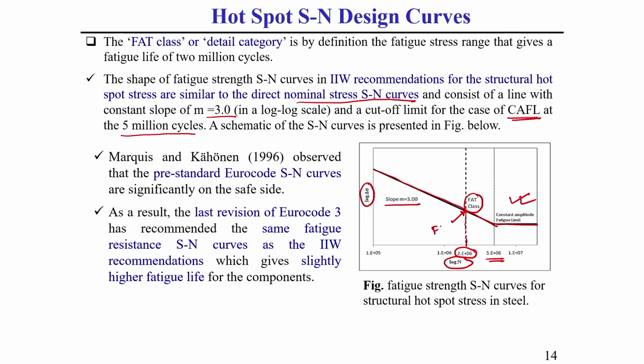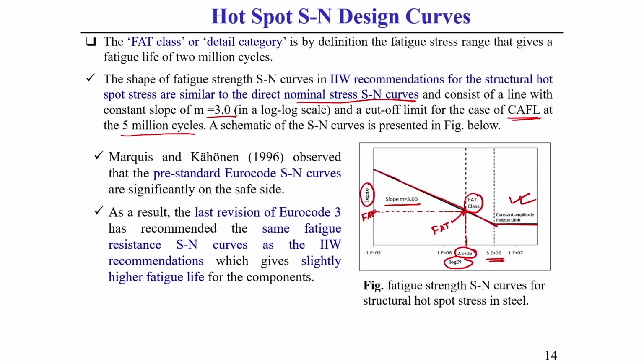What I am saying is, when that earlier equation 10, whatever we have shown at that location, whatever the stress value at 2 into 10 to the power 6 cycles we got, that is generally called the FAT stress, the FAT value. What I am telling, understand? This you should keep in mind. So, here one thing you should keep in mind.